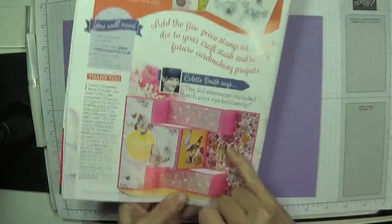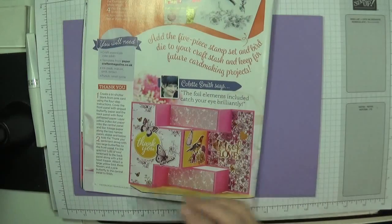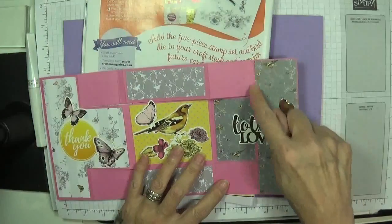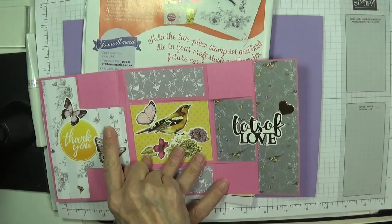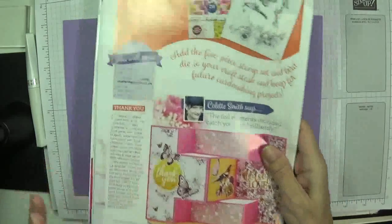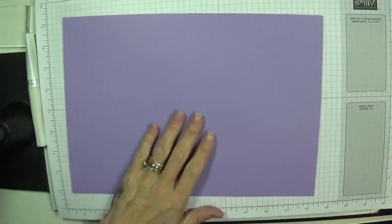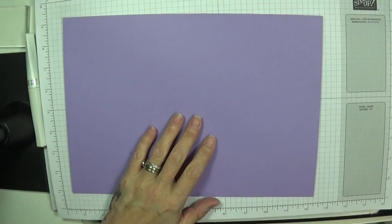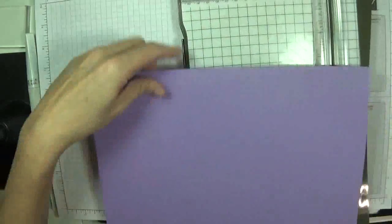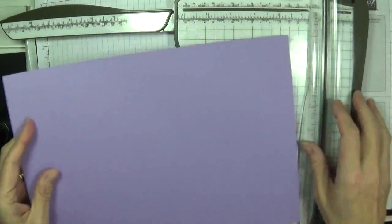I'd done that bit on the front. I could not work it out for the back, so I just ended up putting a piece in. And just having a little gap there, but I sussed it then for the front. Ooh, so it's a bit scary. I've done trifold shutter cards before, and most of them have been done in centimetres, believe it or not. So let's get crack-a-lacking. We're going to cut this down to 11 5/8, and I'm only going by the measurements